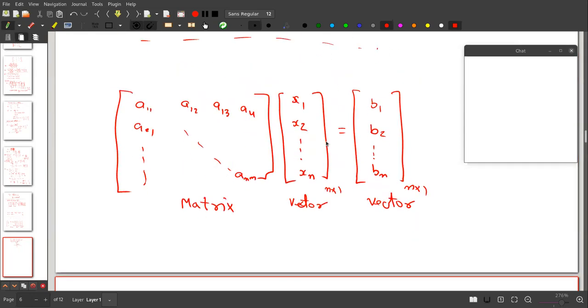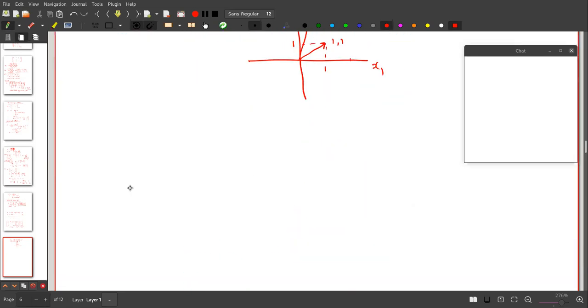That was in 2D space. This is now in n dimensional space. n dimensional space is really hard to visualize. Now this is just a coefficient matrix. I am applying it on a vector, and I am getting a second vector. That's just a simple interpretation. Now let's try to calculate it. So what we do, we write this matrix.